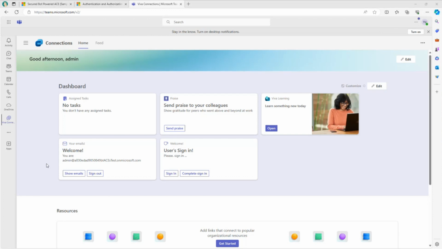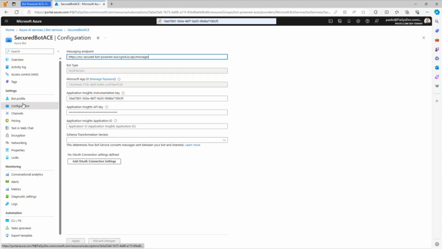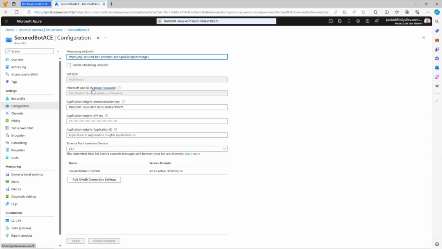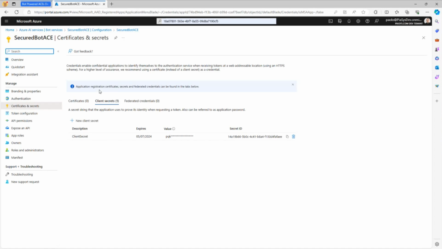So let me switch to my Azure environment, if I can find it, and here it is. And this is an Azure bot that I created for this specific demo. Once you create the Azure bot, in the configuration of the Azure bot, under the Microsoft App ID section, you have this Manage Password link, which allows you to open the actual settings of the application registered in Entra ID